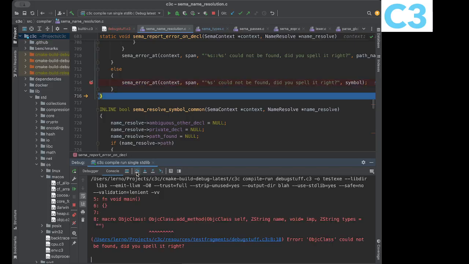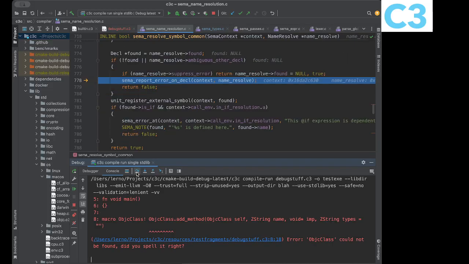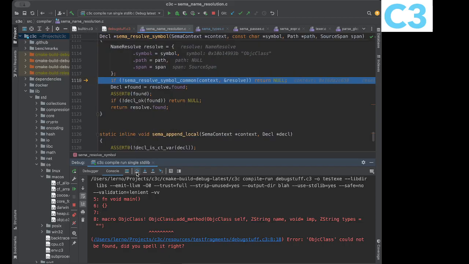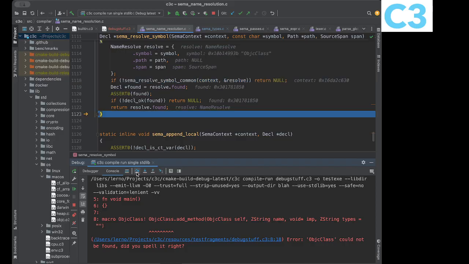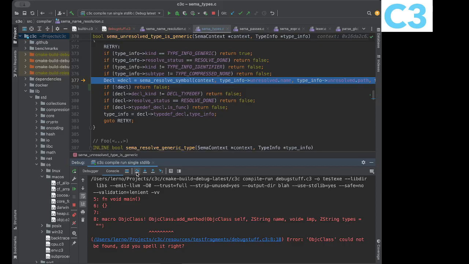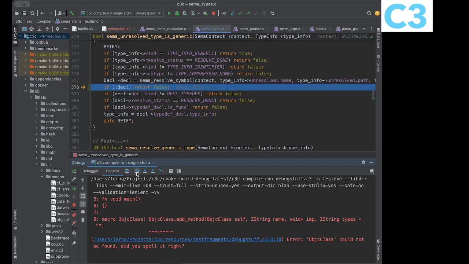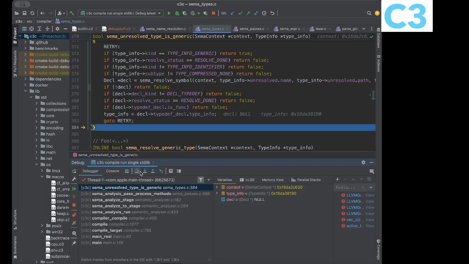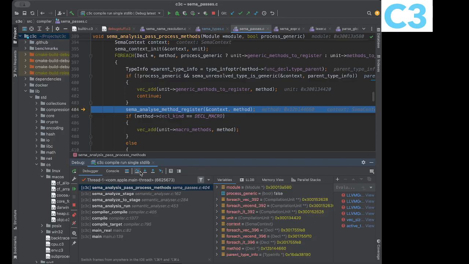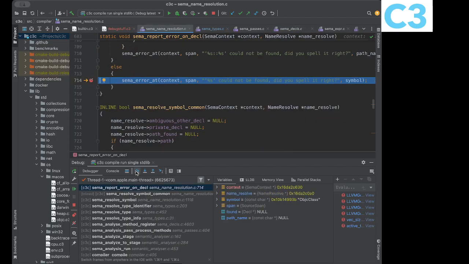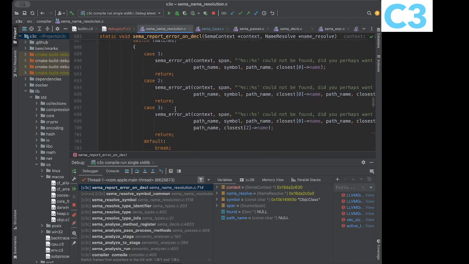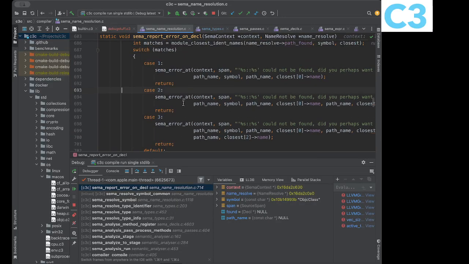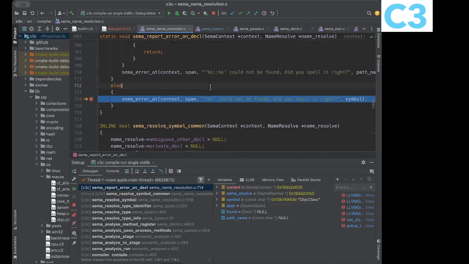So you get it here, and then you get an error reported on Decl, right? And then what happens after that? Let's see what happens. So it will jump back, and then it will actually probably give you that information. So it's okay. It's a null, and then what happens is you go back and then try to register that one. Let's see here. So it's not a generic. So let's go in and do that, and then you get that it can't be found. So what the problem is here is that if you ever get an error on Decl, you need to